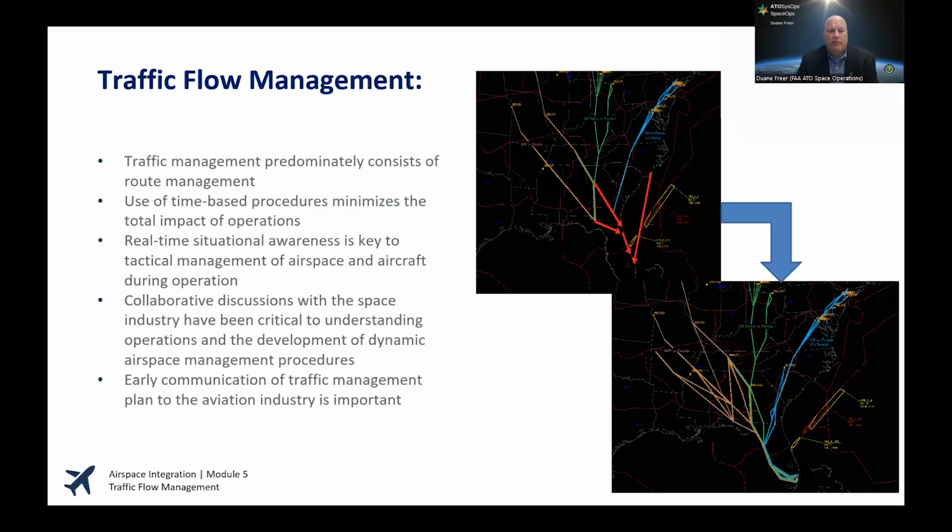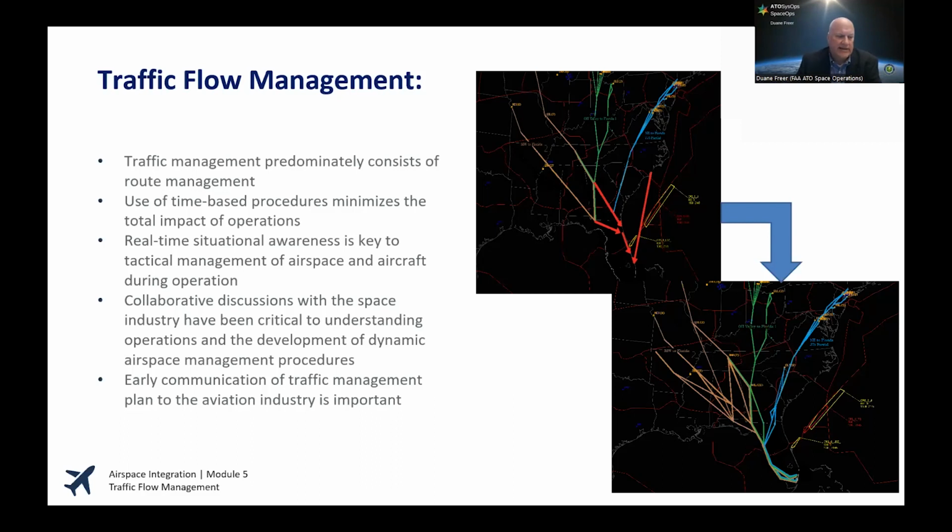Real-time situational awareness, I think I mentioned that's one of the key themes here. That's key to this effort. We'll go into what that looks like later on, but to us, that's how we can tactically and dynamically manage the airspace. That's a capability that's rather new.